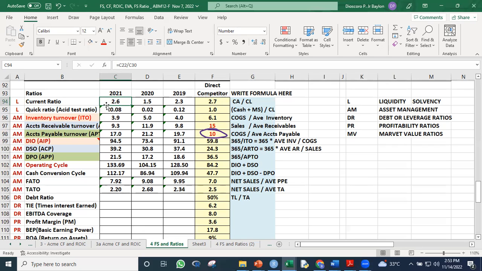What if most of the assets were tied in to inventories and receivables, and it takes the company a long time to collect on the receivables and to convert the inventories into finished goods and then sell? Then that could be a problem for the company, because they don't have the cash yet